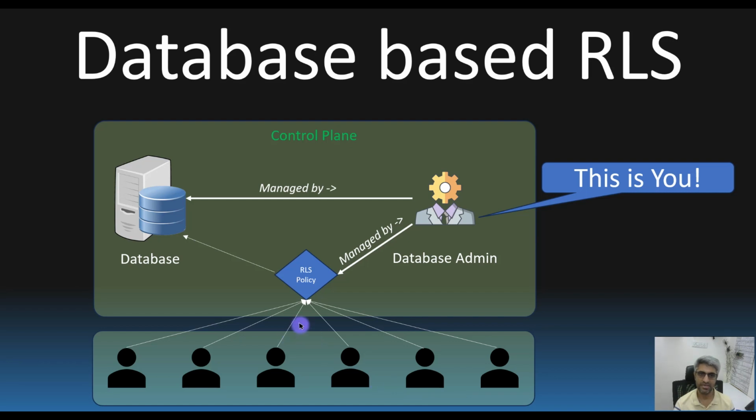And notice that when they connect to the database, it's not just a straight connection, but rather every time they connect, there is an RLS policy being applied. Probably they are aware of it, they may not be aware of it, but this RLS policy is completely managed by you. So in this situation where you have complete authority over the database, it gives you the flexibility to set up